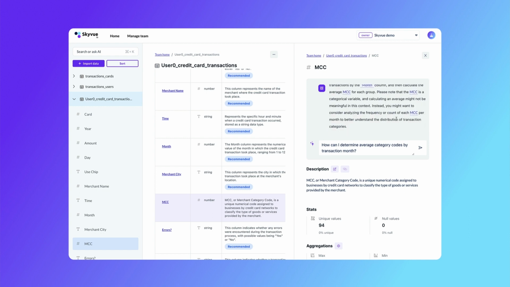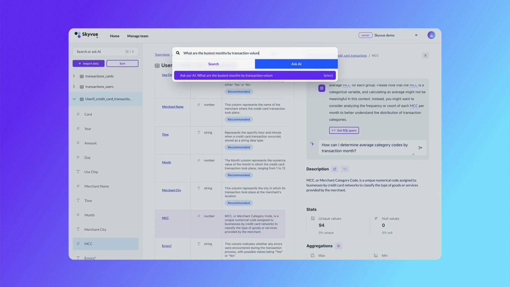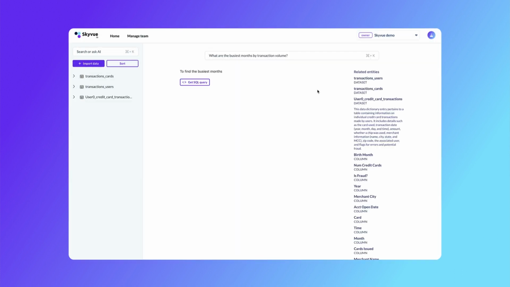Trying to figure out why the data in the application looks different from the data you're seeing in the warehouse? Maybe you're onboarding to a new area and want to get a lay of the land for the available data. Use Skyvue. Skyvue not only unlocks the wisdom from the data that's currently just sitting there,